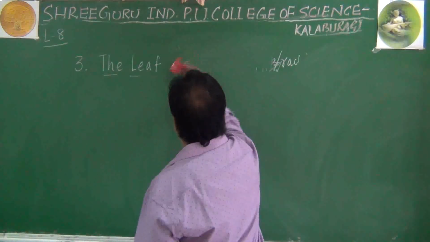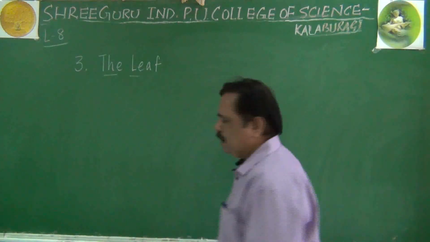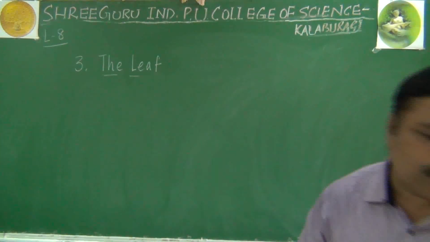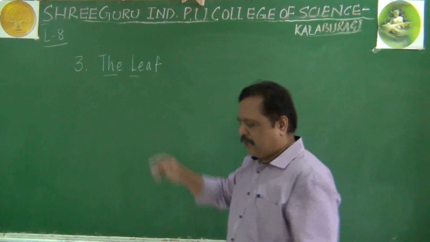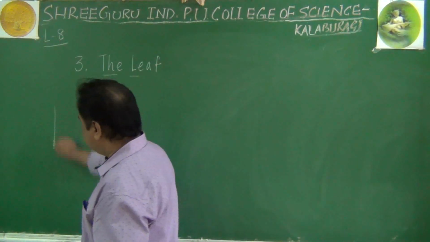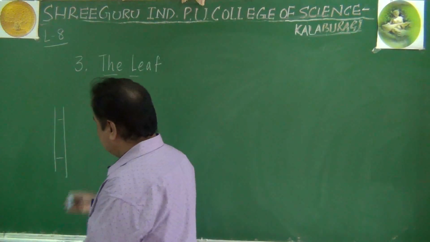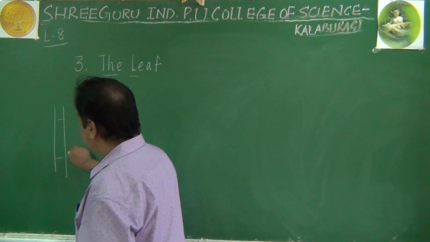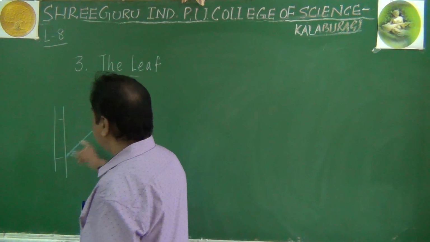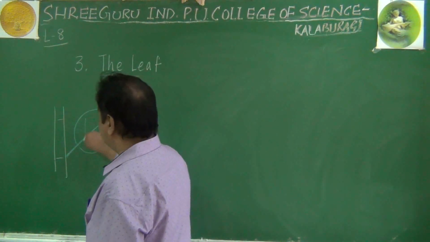Even I told you what is a midrib also. Midrib is nothing but extension of the petiole into the lamina. So petiole will extend into the lamina as a midrib. So remember, this is the stem with nodes and internode. And here we come across petiole like this. The petiole will be extending as a midrib, and here we come across the lamina like this.